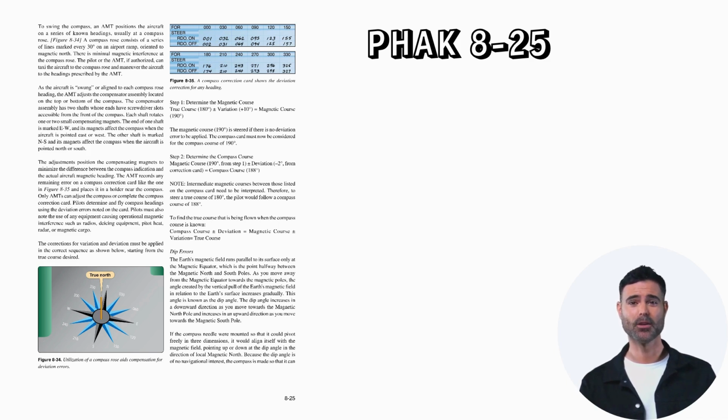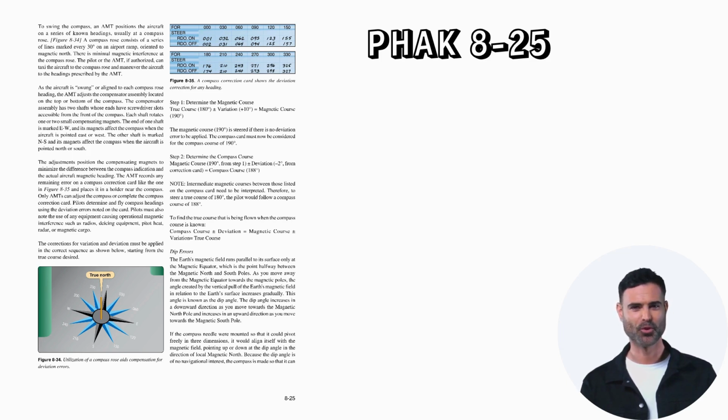The AMT records any remaining error on a compass correction card, like the one in Figure 835, and places it in a holder near the compass. Only an AMT can adjust the compass or complete the compass correction card. Pilots determine and fly compass headings using the deviation errors noted on the card. Pilots must also note the use of any equipment causing operational magnetic interference, such as radios, de-icing equipment, pitot heat, radar, or magnetic cargo. The corrections for variation and deviation must be applied in the correct sequence as shown below,